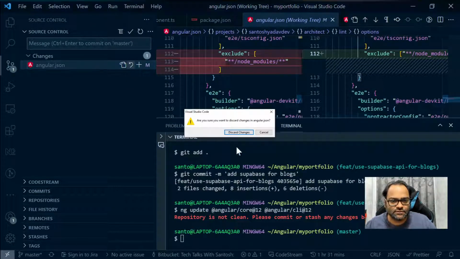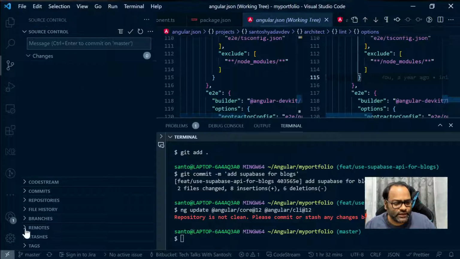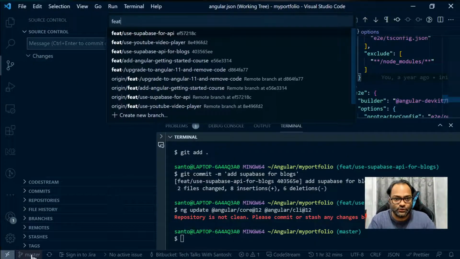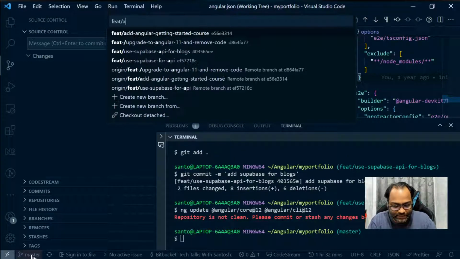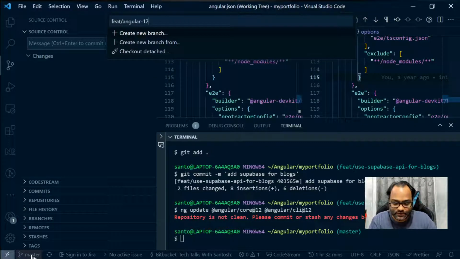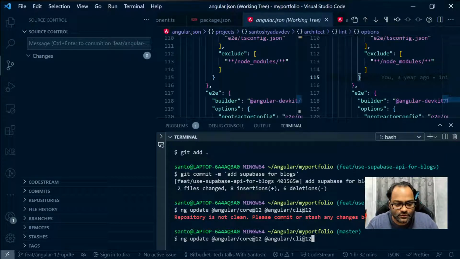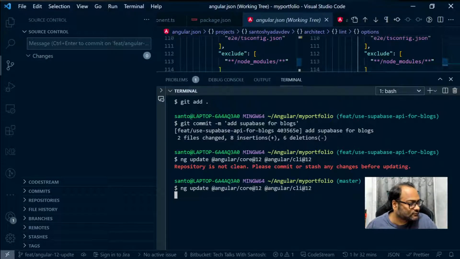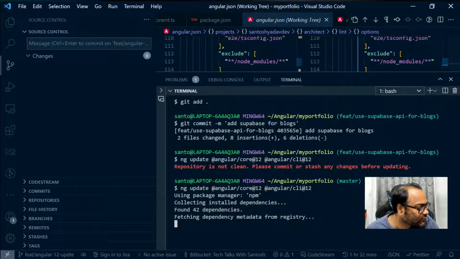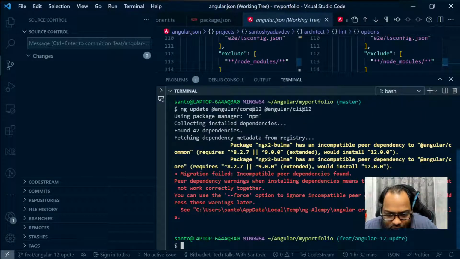Okay, these are some formatting changes. So I'll just create a new branch so I don't break my portfolio. Angular 12 update. And yeah, let's run. So it says, okay, I'm using npm. Okay, so what's there? It says there are some